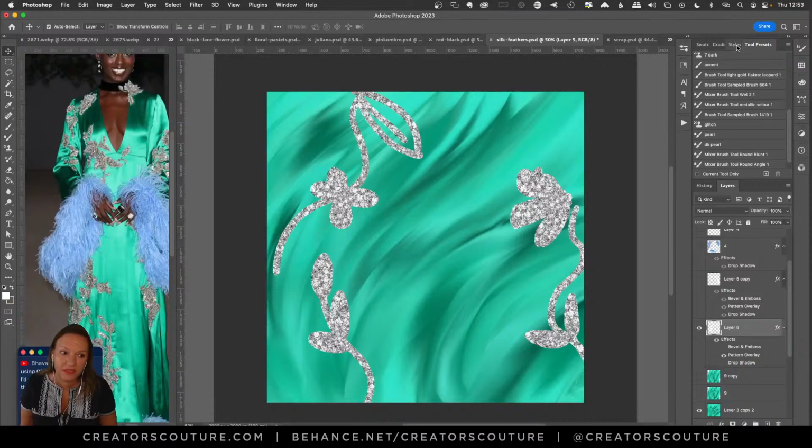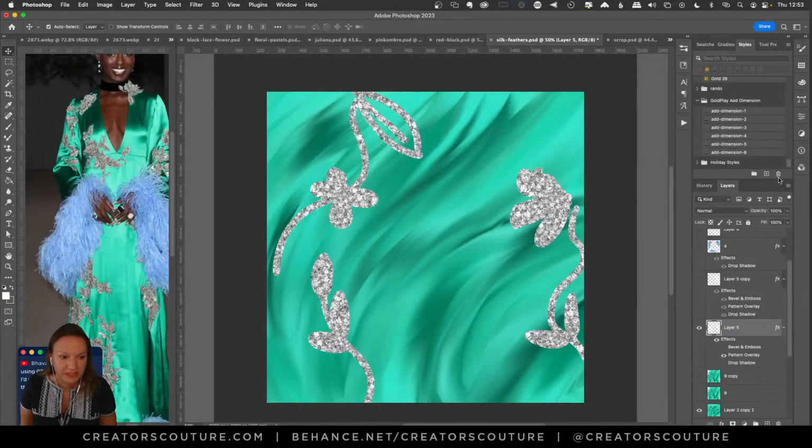So I took one of my layer styles from my recent Gold Play collection that has a little bevel and emboss, and added that to the layer to give a little extra dimension. And don't forget, if you want to add those layer styles, you can't just shift and click anymore.